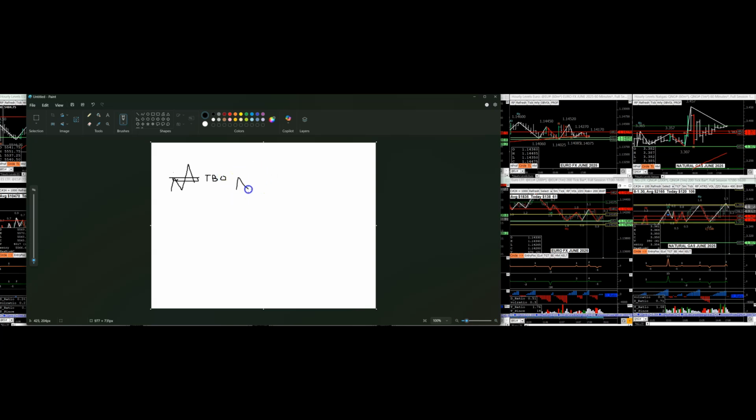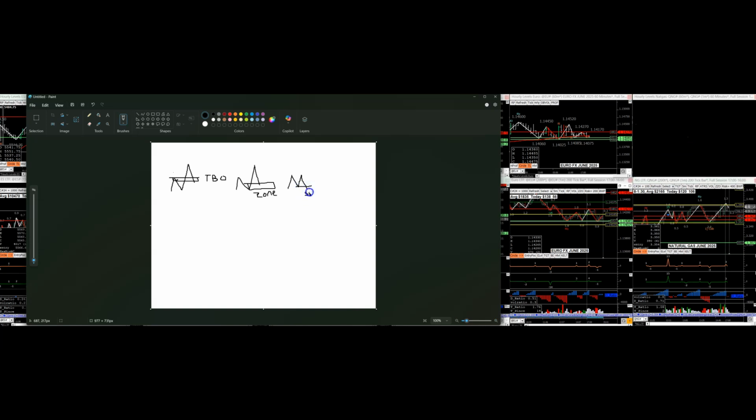Also, on the test of zones, demand zones, and then on springs and upthrusts,